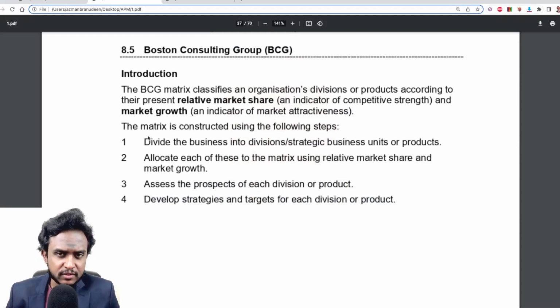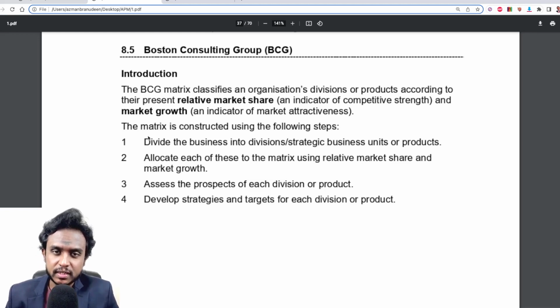Hi there. Now we'll be looking at the BCG matrix. As you know, it's quite famous. It's a product portfolio matrix, and essentially what it tries to do is classify your products. In most cases, very commonly, it's products or services that you have, but sometimes you can even apply it to